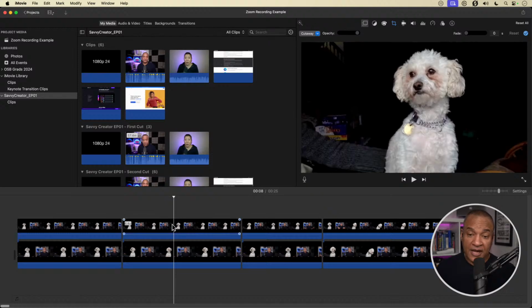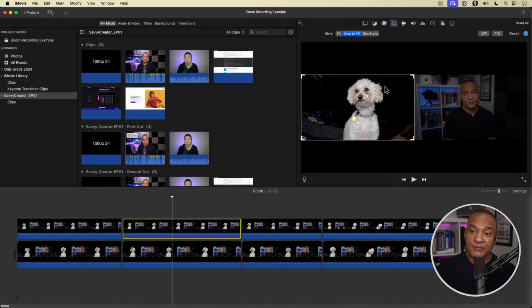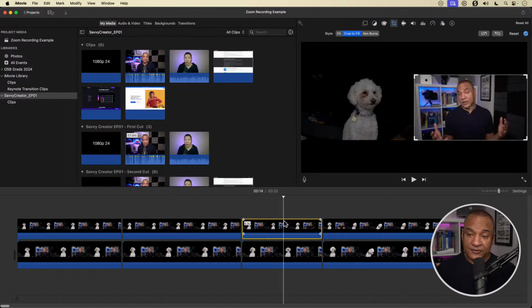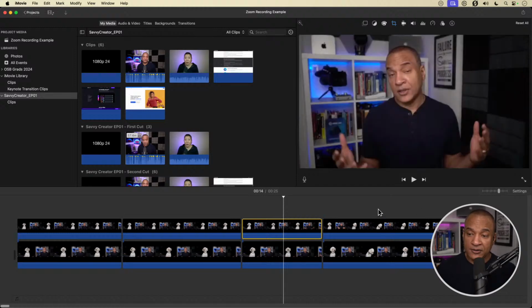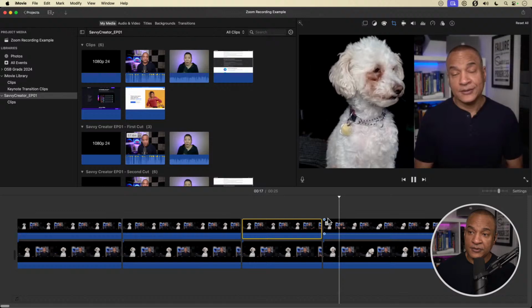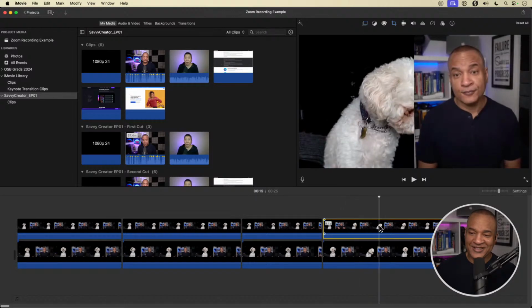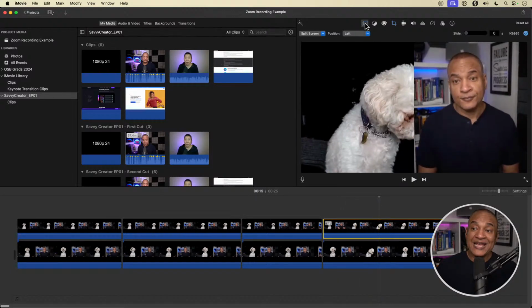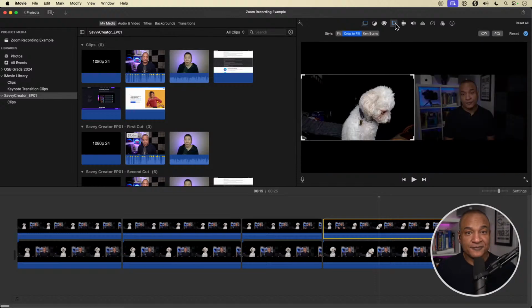What I did, and I'll open it up so you can see, up in the crop settings, I just did crop to fill on this left window. Likewise, on my close-up, I just crop to fill on my side. That's how you can do single shots. And then this last part was a split screen plus crop to fill. So those combined, that's how you can chop up a Zoom interview and make it interesting visually. Now, you lose some quality with the crop to zoom in, but when it comes to a video podcast,